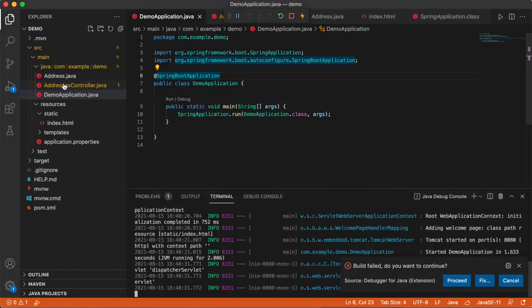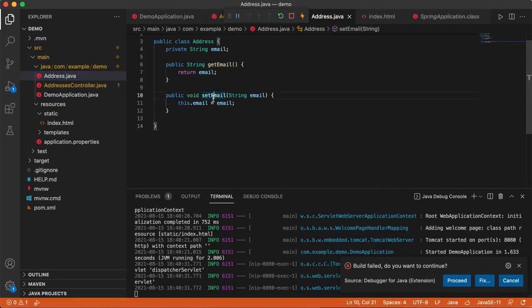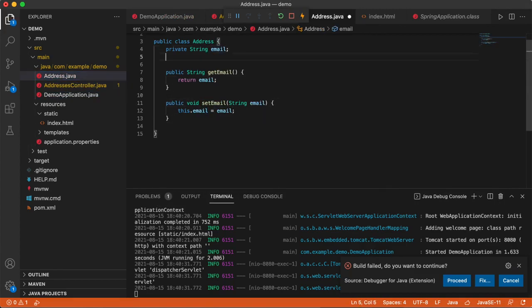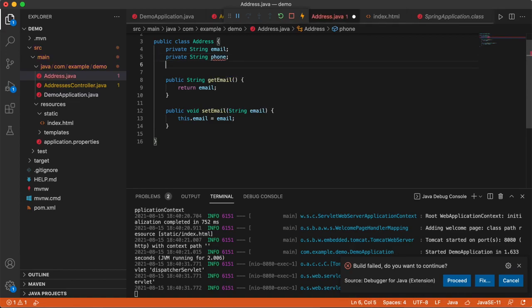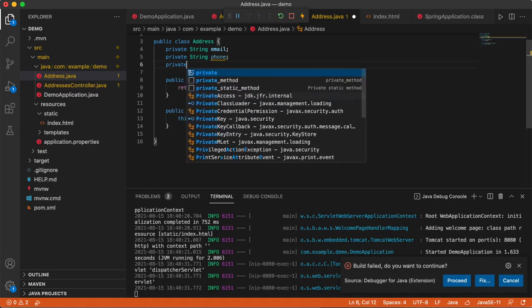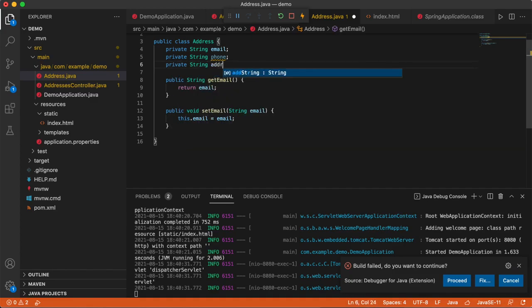All right, so let's fill in a little bit more. And we'll do it the same way we did it. So let's do private string phone. And even though phone's a bunch of numbers, we want to take it as a string because it could have formatting or any other kinds of things in it, so that's okay. All these will be strings. Okay, address 1,